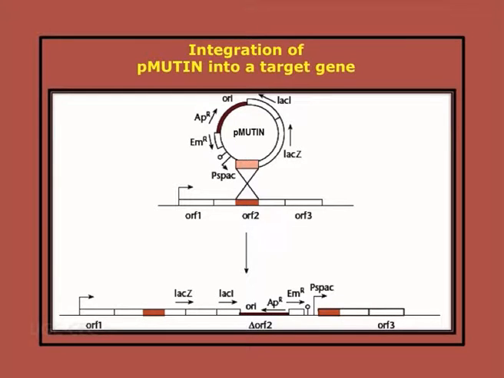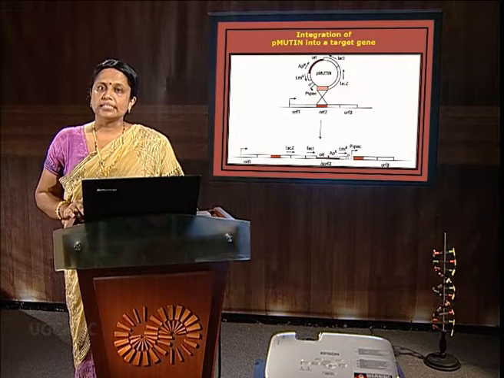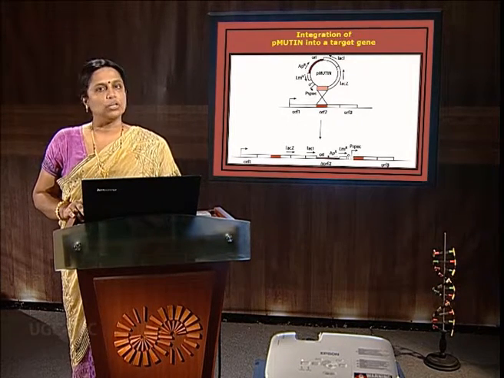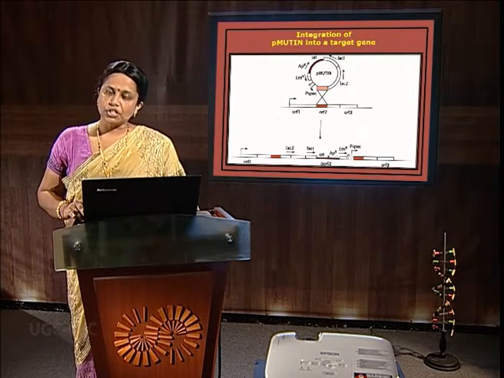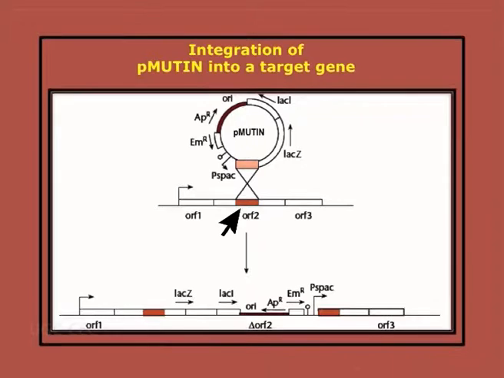What does it do? With the development of sequencing technology, there exist numerous genes whose functions are not known to us. How do we find their functions? We can find their functions by inactivating those genes. And how can we inactivate them? By introducing pMUTIN-type vectors inside the ORFs of a particular gene. Thereby we can establish the importance of a gene whose sequence is known but whose function is unknown to us.